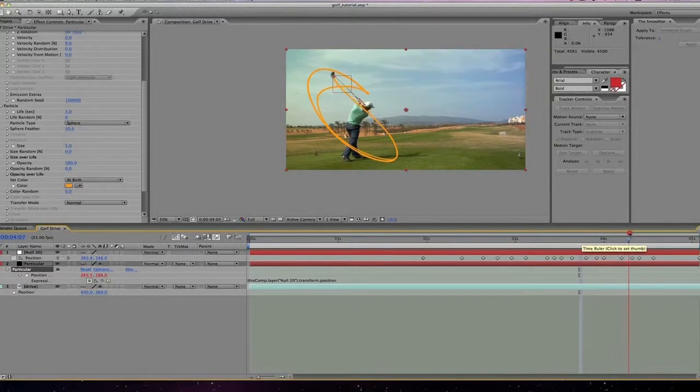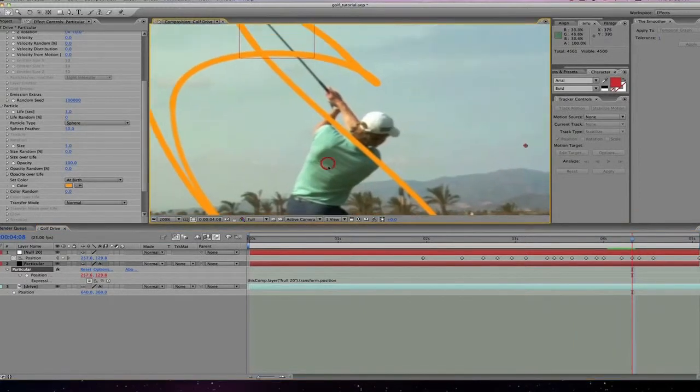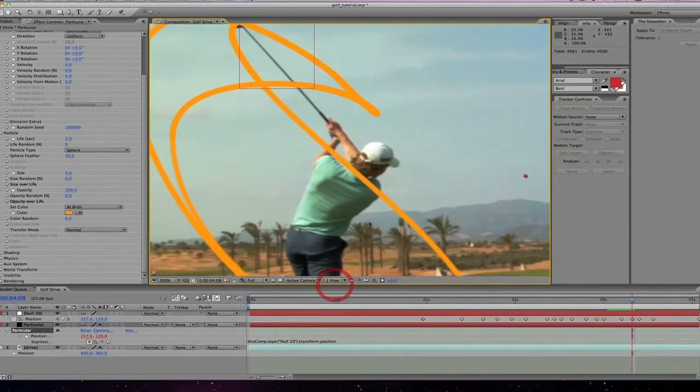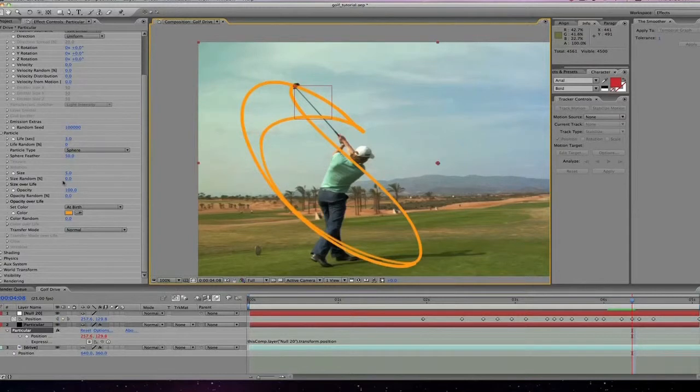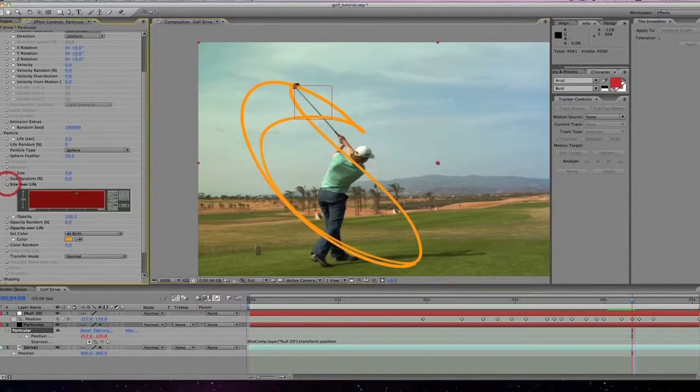Only thing is that we just have to mask him on top back here again, just so the line disappears behind him to give the illusion that it is actually going behind him. So yeah, in this case, the client wanted to see the full path, but at first I actually had just